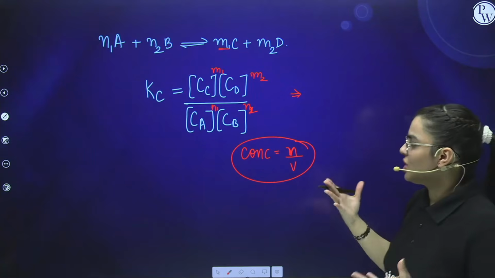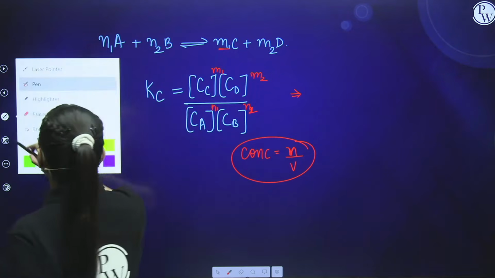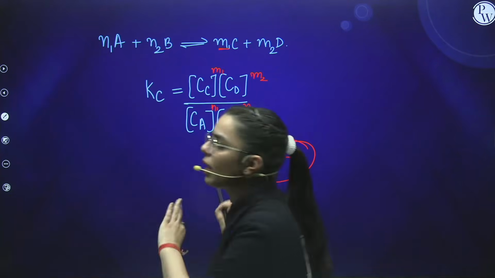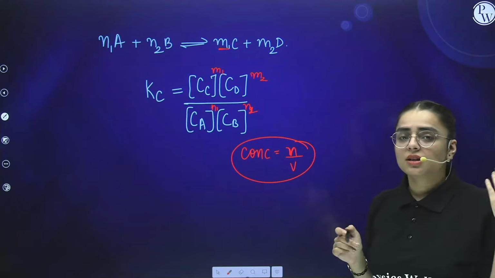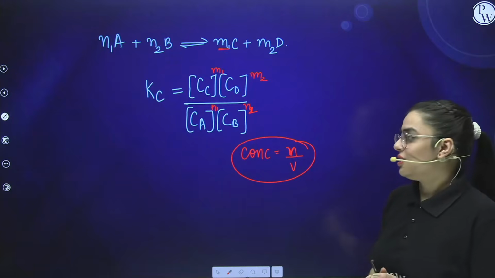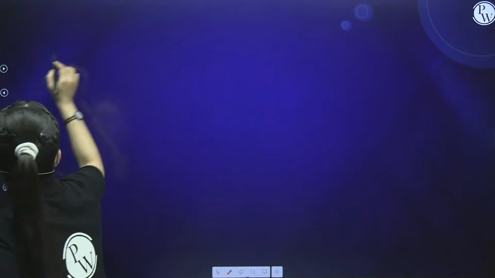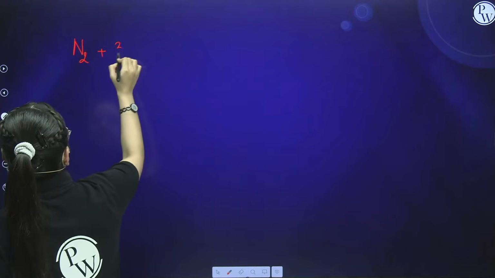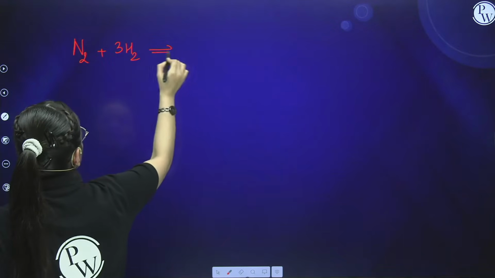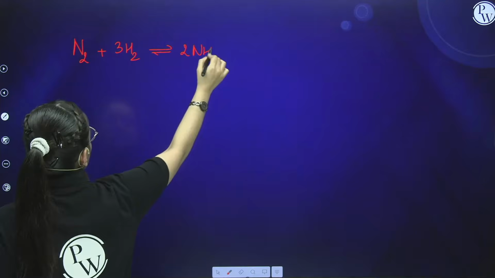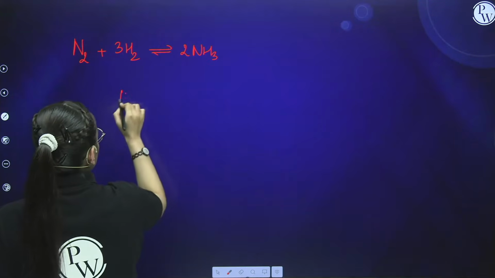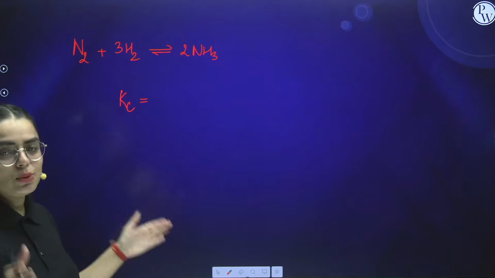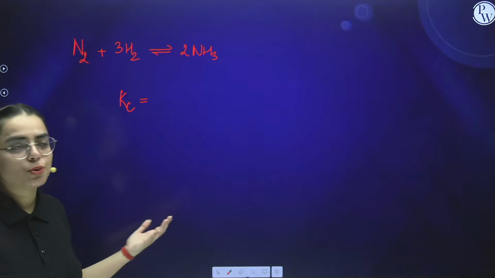You will say for a general reaction. Let us consider one reaction and find the unit for it, because in the paper, you can do this in general, but for a reaction, how will we do it? So let us take the case of N2 plus 3H2 gives 2NH3, we have this reaction. I want you all to write the expression for Kc. First of all, this reaction is balanced. Equal number of reactant atoms, equal number of product atoms.